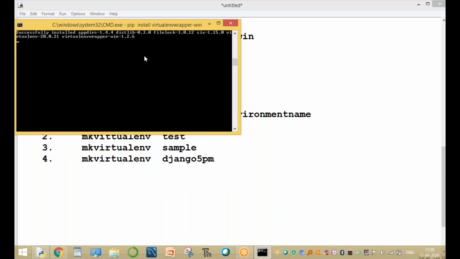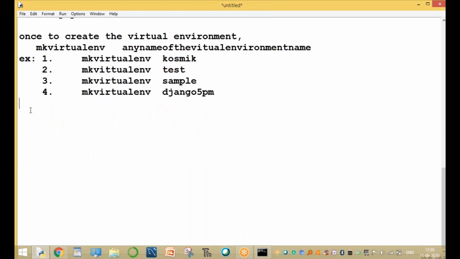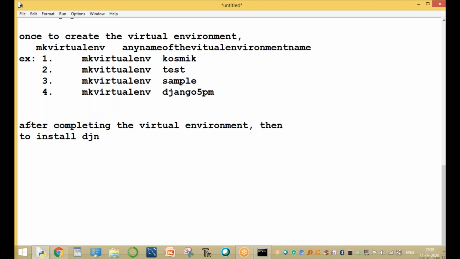After completing this process, the virtualenv is created with the name. Once the environment setup is completed, after completing the virtual environment, then install Django.